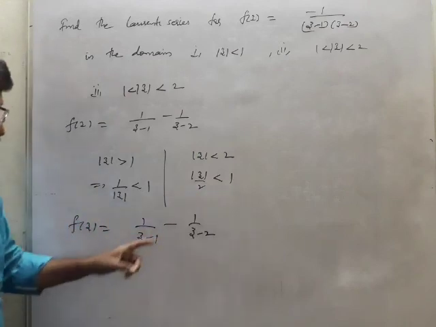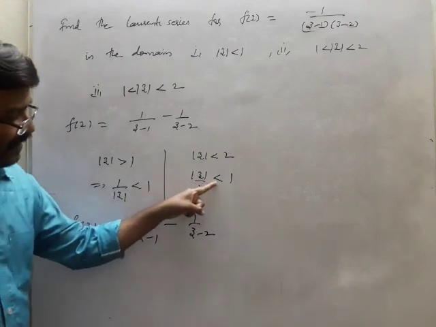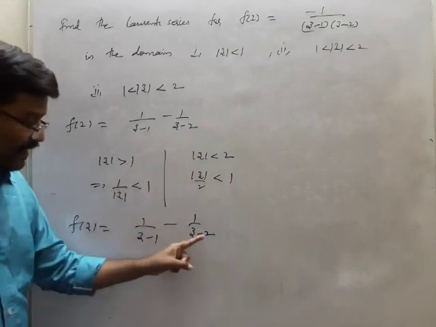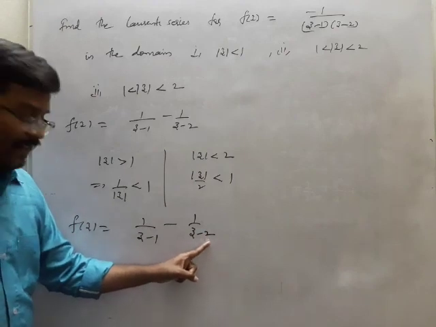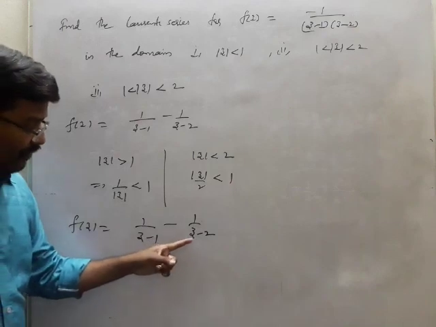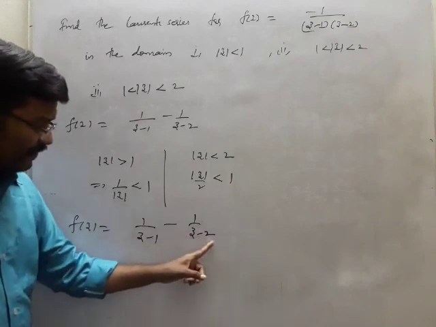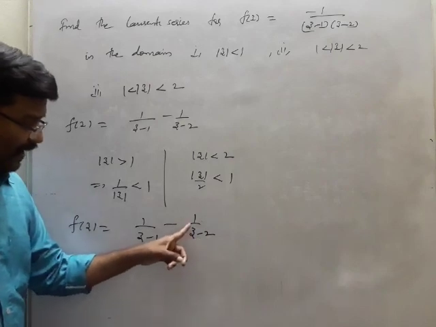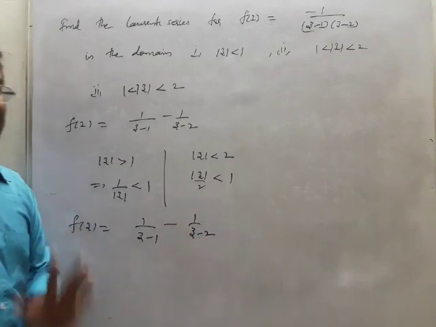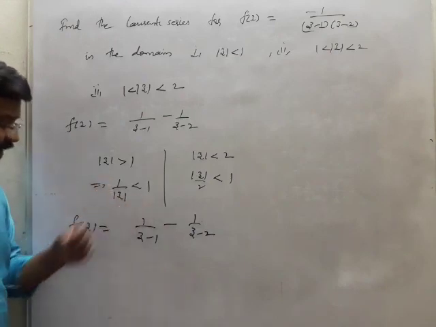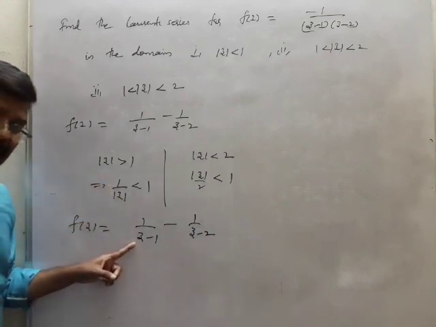You can understand here, this is mod z by 2 is less than 1. So the value of z should be in the form of mod z by 2, means the mod z by 2 condition should be there here. So for that, you have to take 2 common here. If you take minus 2 common, then you will be getting 1 minus mod z by 2. And this is 1 by z minus 1. So what you have to take? You have to take z common here.